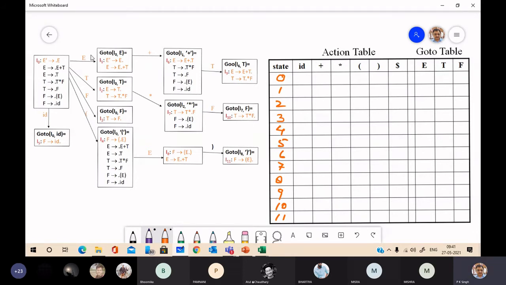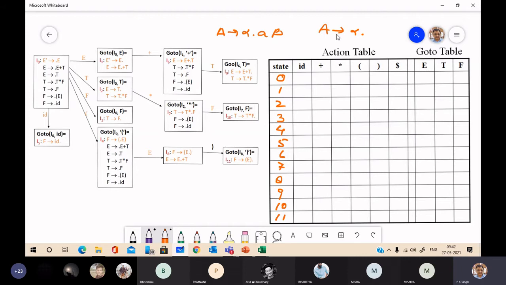So we will look for two types of production. One is A2 alpha dot A beta or A2 alpha dot. First see this type of production. This is for shift action and this is for reduce action.